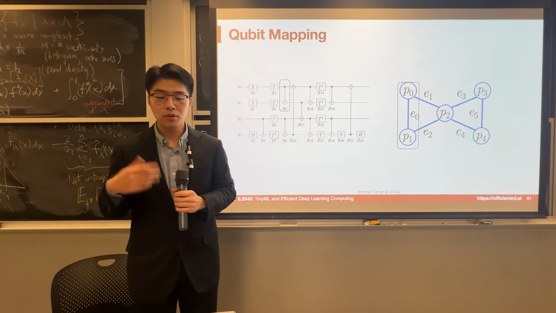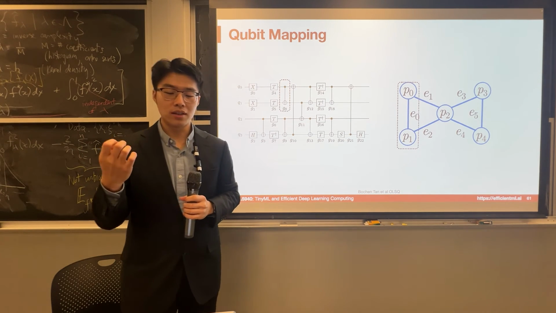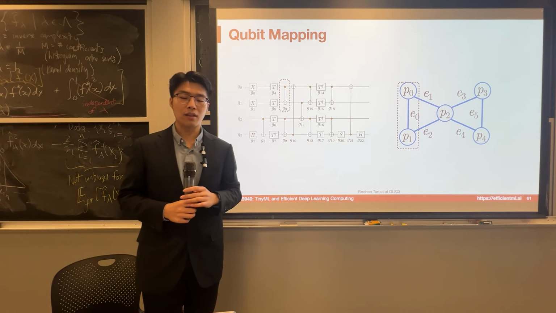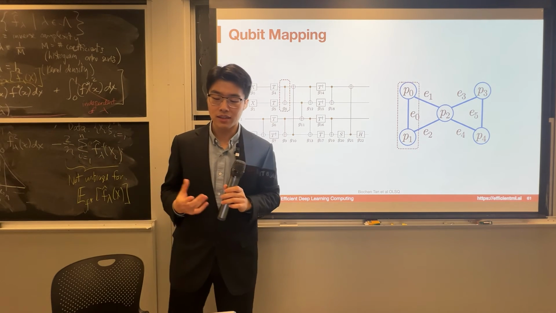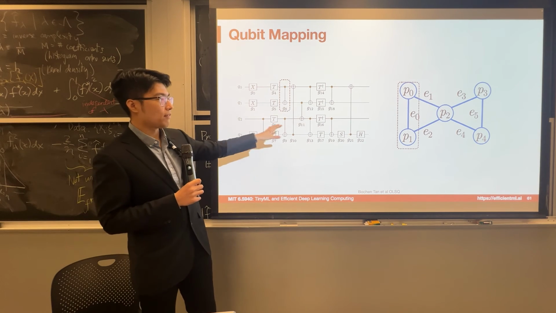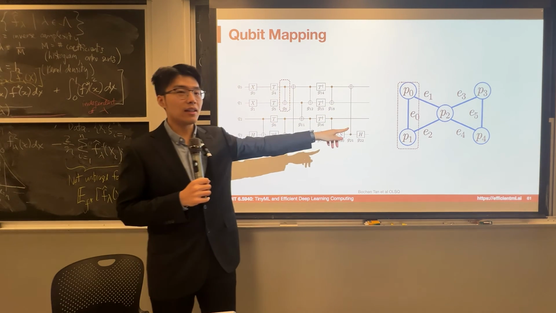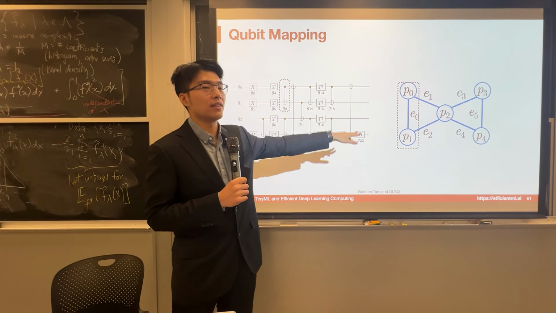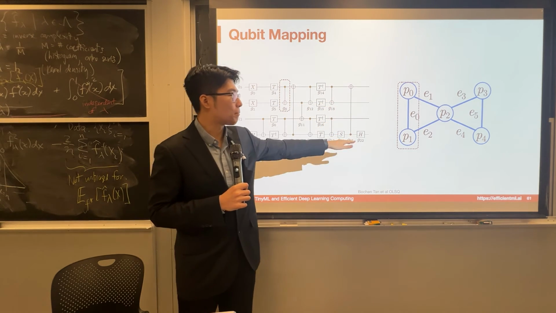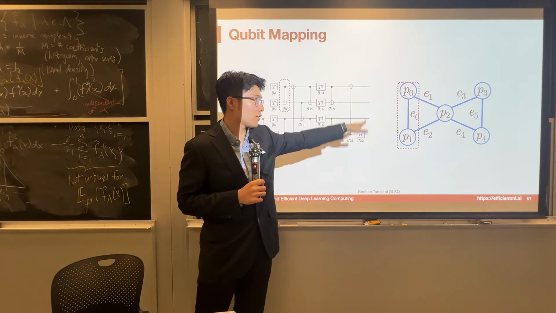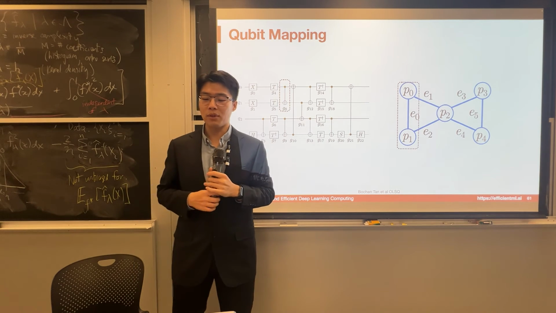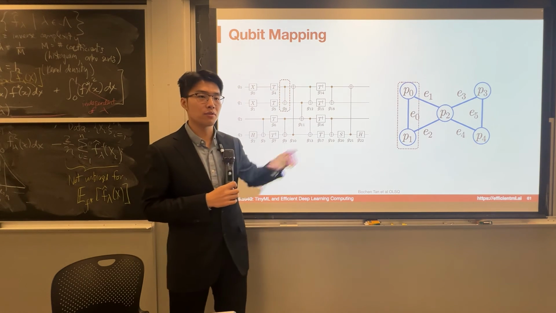One of the most core and most popular problems in quantum machine compilation is called qubit mapping. So intuitively, what is the qubit mapping task? For example, we have a quantum machine with 5 qubits, and those qubits have some connectivity, some connections. Say between P0 and P1 we have an edge, and between P1 and P2 there is also an edge. So we have 6 edges in this graph. Each edge means that we can do some operations between those 2 qubits.